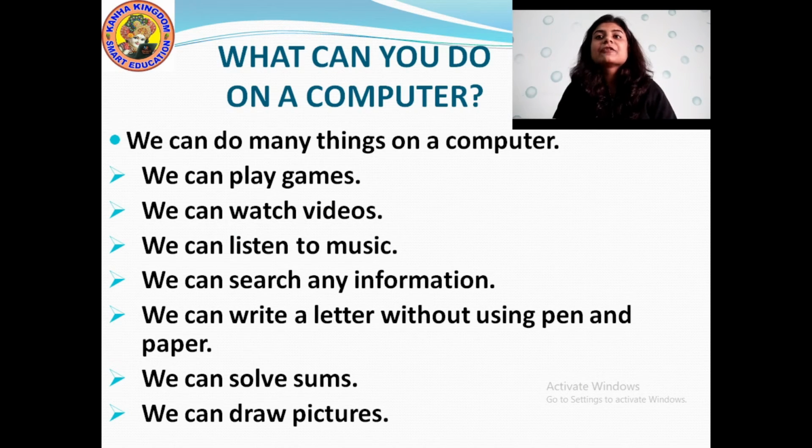So these are the different things that we can do on a computer. Number one, we can play games. We can watch videos on the computer. Then we can listen to music. We can watch movies. Then we can search any information. Information means if you want to know about something or regarding a place, a person, anything, you can search any